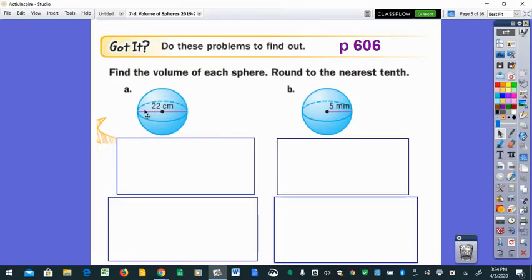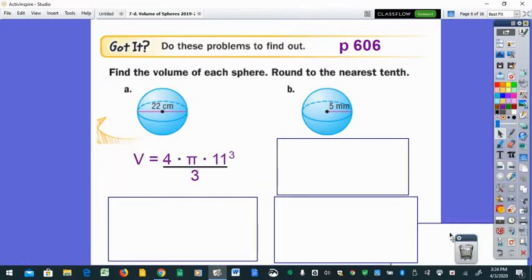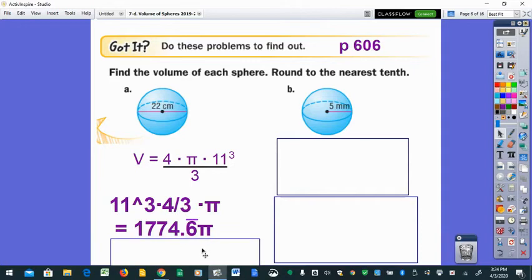Okay, part A has a diameter of 22. So when I go to set up my formula, I didn't put the 22 in for the radius. I cut it in half to put in the radius of 11. In the calculator, I'm going to take 11 to the 3rd power times 4, divide it by 3, and I'm going to hit enter. And when I do, I'm going to see